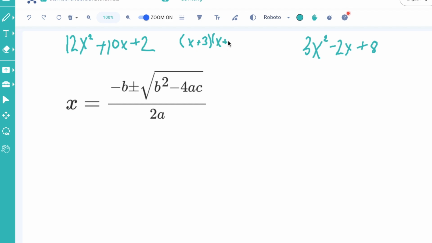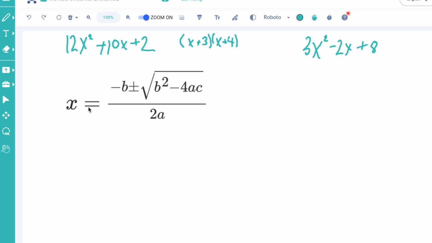Now, the challenging part is when we have something different in front of that x squared, such as that 12. The numbers could be a 12 and a 1, they could both be negatives, or there could be a 4 and a 3, or a 6 and a 2. There are all of these possibilities that could happen. So the easiest way, instead of spending all that time guessing and checking, is to use what's called the quadratic